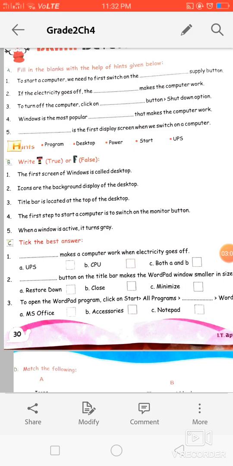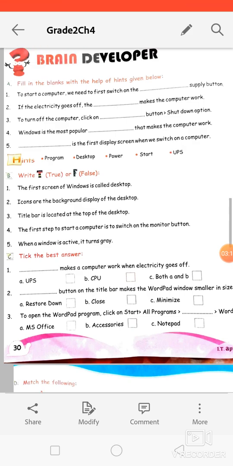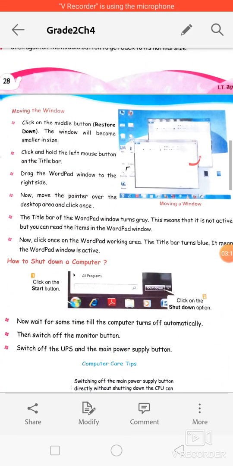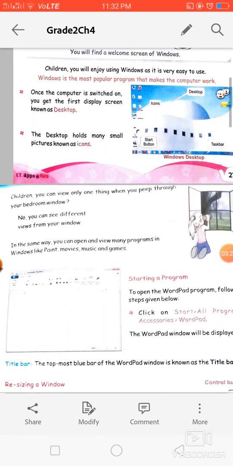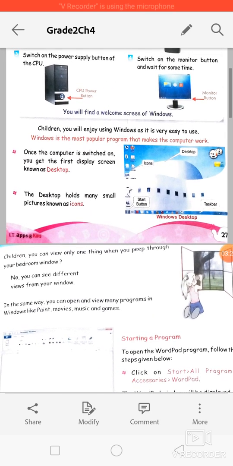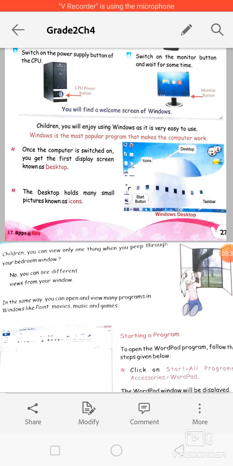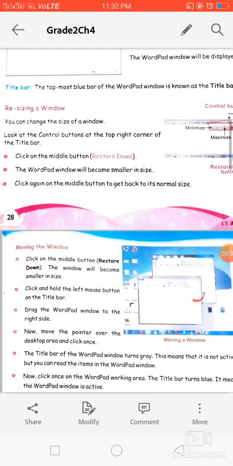Next is, title bar is located on the top of the desktop. As I showed you in the picture of the desktop on the first page, you can see here that we have the taskbar at the bottom of the desktop, not the title bar.